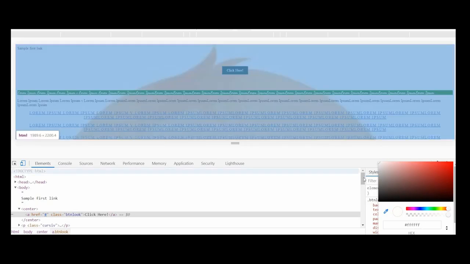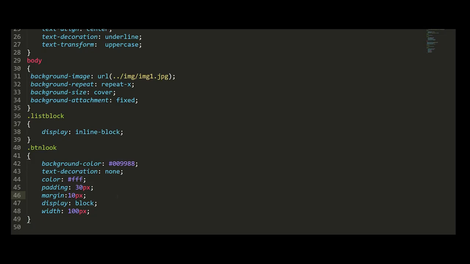Okay, the color is changed. So this way you can check your styling temporarily, right? When I refresh this, it comes back to normal, what we have given. The content which you change here is only temporarily affected, right?